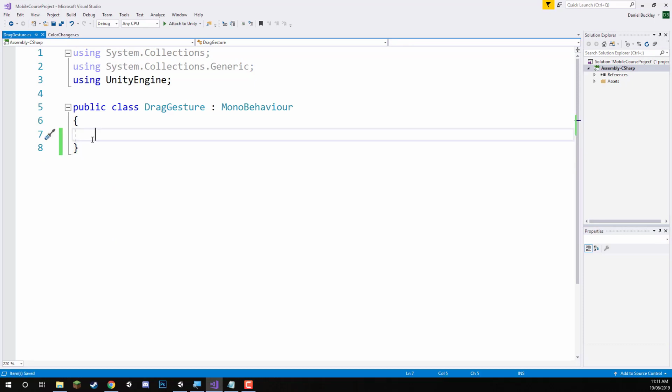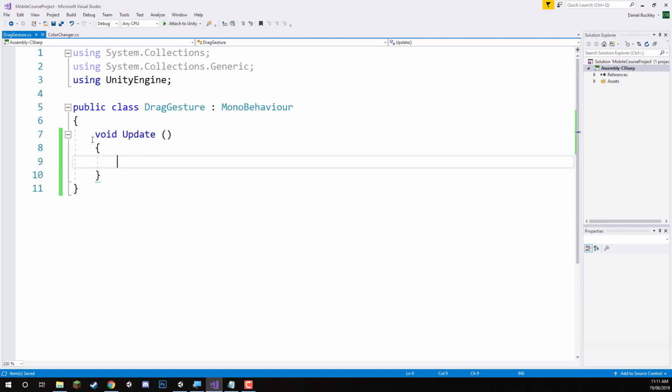Okay, so the first thing we want to do is actually get the camera component, because just like with our color change script, we are only going to really be using the update function for the whole script pretty much. We just need to check every single frame first of all if we have a touch count of 1. So if we only have one finger on the screen and we are moving that finger, then we will move the camera. So to check if there's only one finger on the screen, we can go if input dot touch count